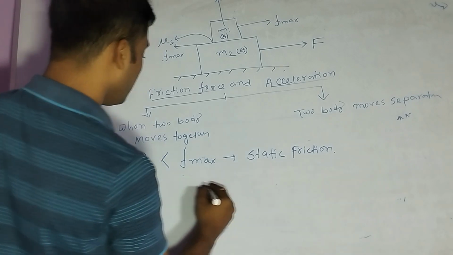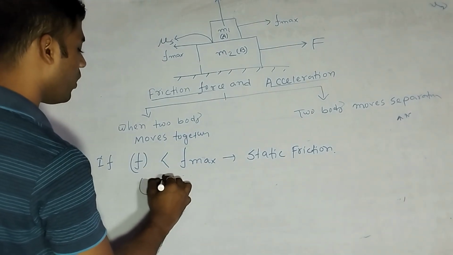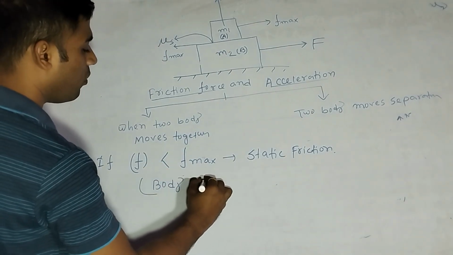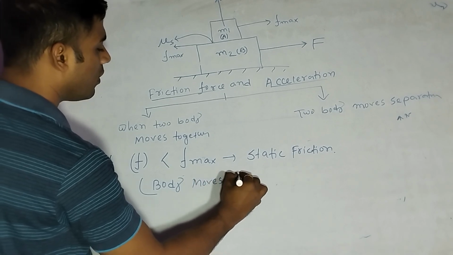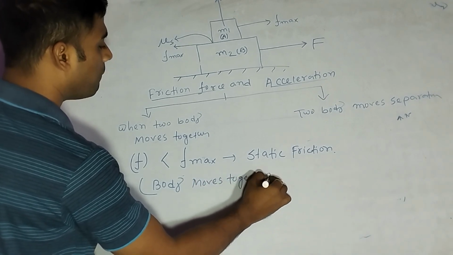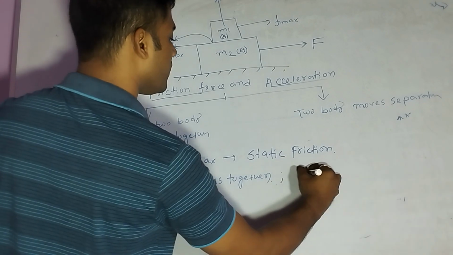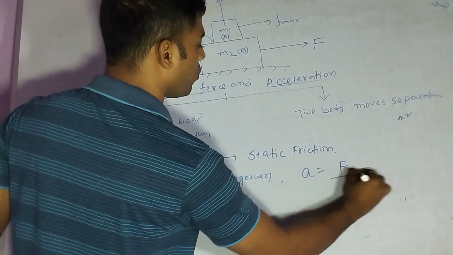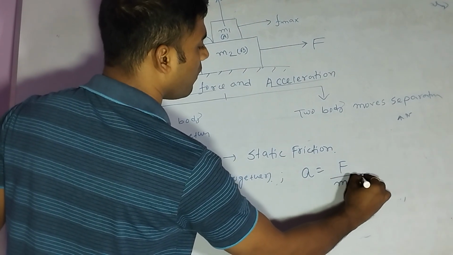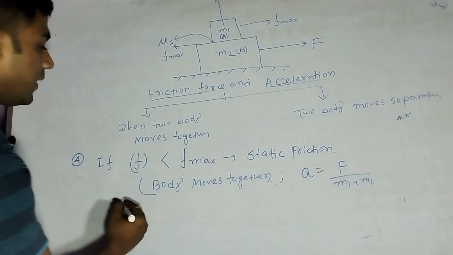Static friction means, what is the meaning of static friction? Body moves together. In this case, acceleration is net force, total force divided by total mass, when the bodies move together. Then